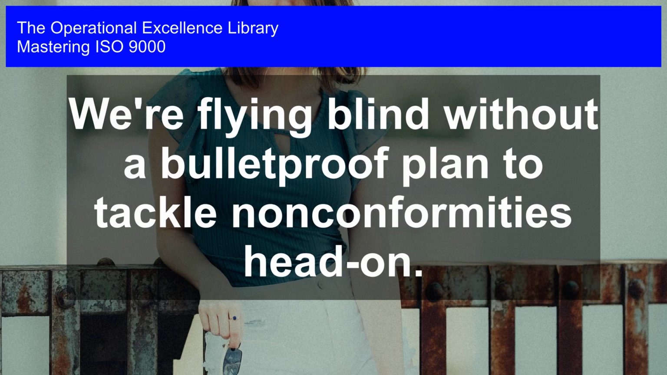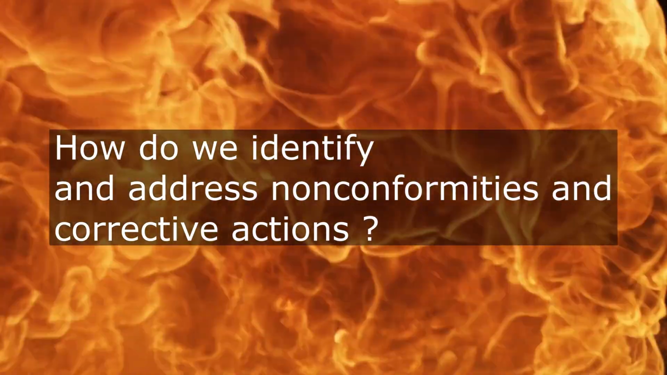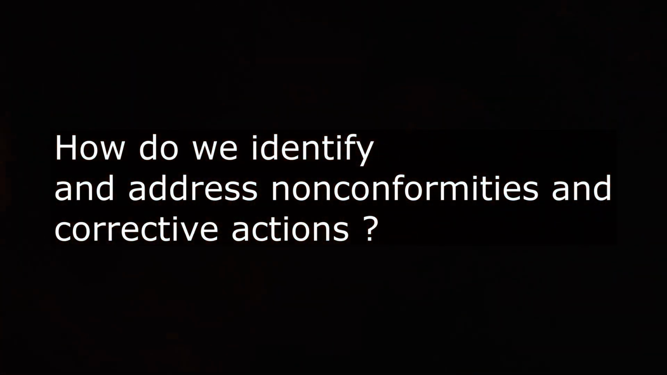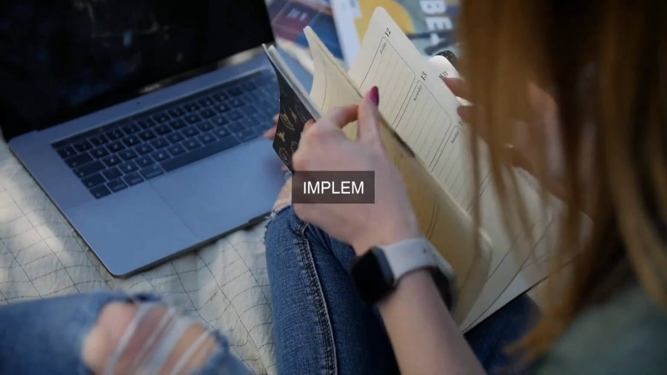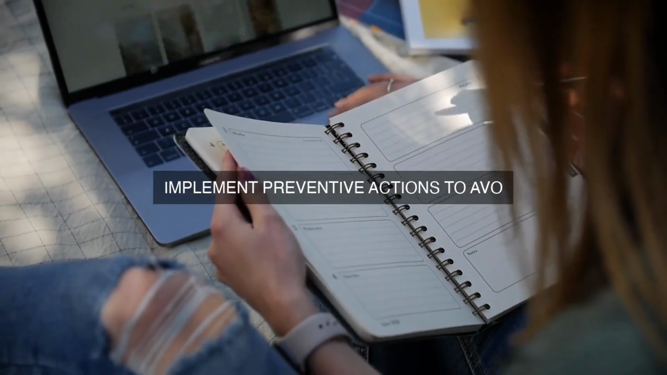Mastering ISO 9000. We're flying blind without a bulletproof plan to tackle nonconformities head-on. Which processes and procedures does our organization have in place to identify and address nonconformities and corrective actions, ensuring that we take prompt and effective corrective action to prevent recurrence, and how do we continuously monitor and evaluate their effectiveness